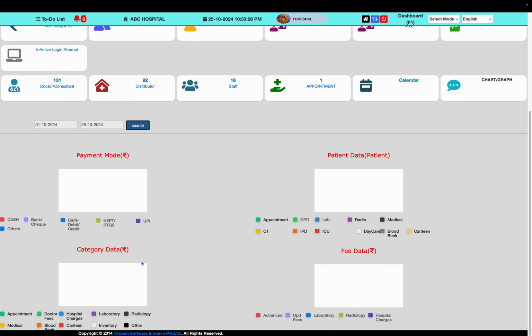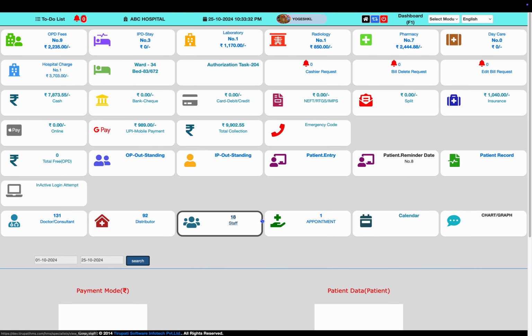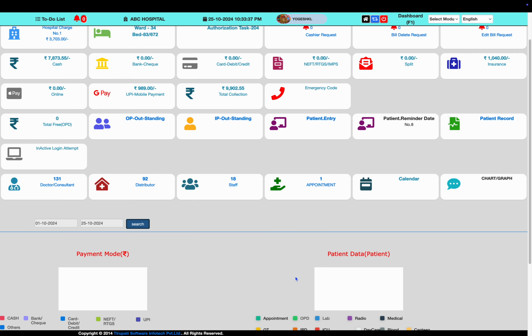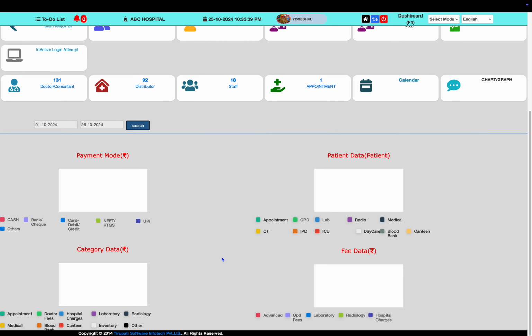So basically this module helps the administrator, receptionist, and help desk user check the hospital's running status and information of all departments, so the user can give the patient information, or the administrator can see what is going on in the hospital in the current scenario. This information guides you with department-based access, and all these icons are realistic clickable icons, and you get certain information about the reports in the software.